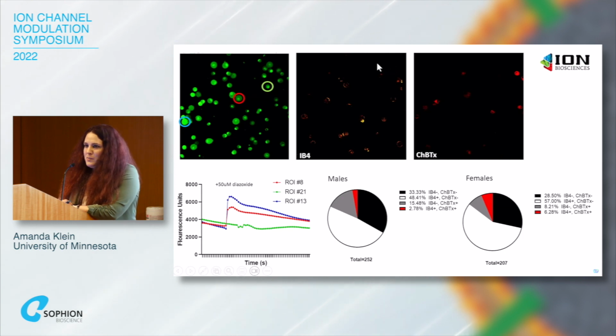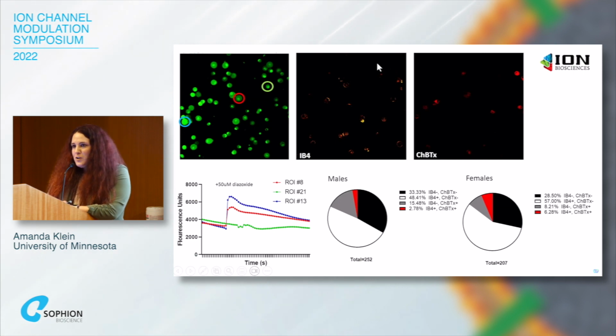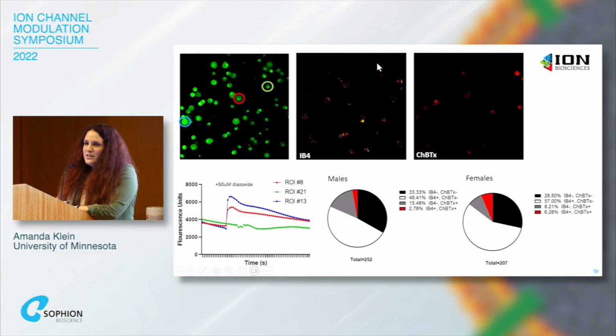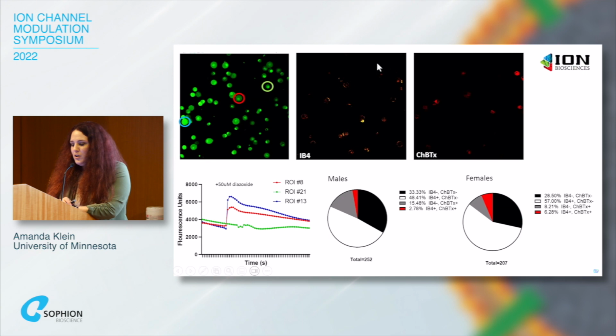One of the questions that we've been asking for a long time is, well, we know that knocking down SIR1 in neurons has all of these interesting effects related to pain. Which population of neurons are actually driving this response? It's really hard to do this using patch clamp because I'm not getting any younger and I don't have 50 years to answer this question. So we decided to use an imaging approach instead, just using a spinning disc confocal.